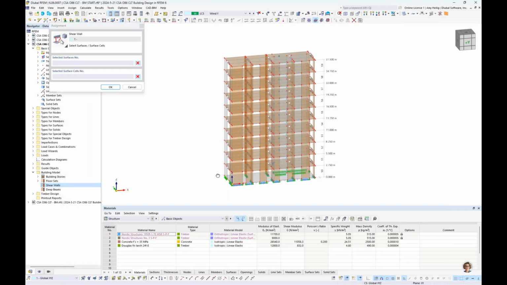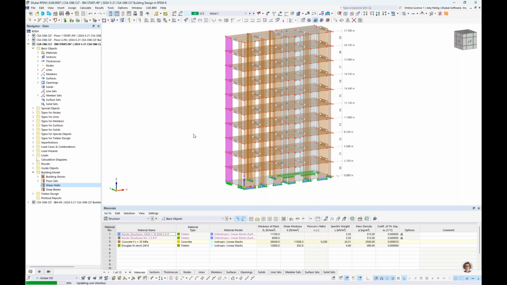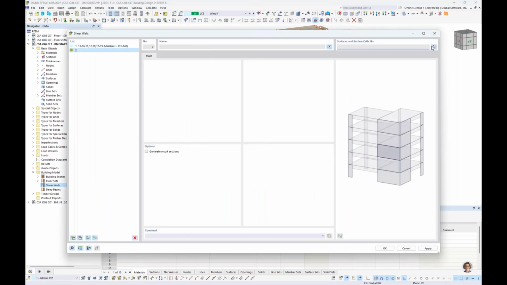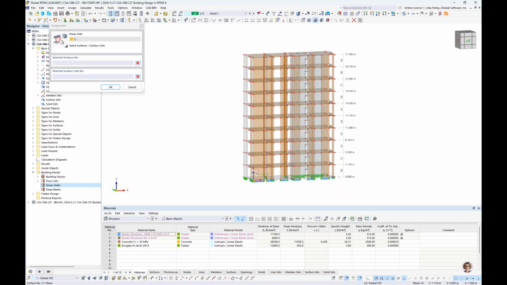And I'll begin with my series of concrete shear walls over on the left-hand side. So we just simply select them one by one all the way up the height of the building. We can also create a second set of shear walls, and these can be our CLT surfaces. So we aren't restricted to any particular material, but really any CLT, concrete, whatever it may be, can be selected